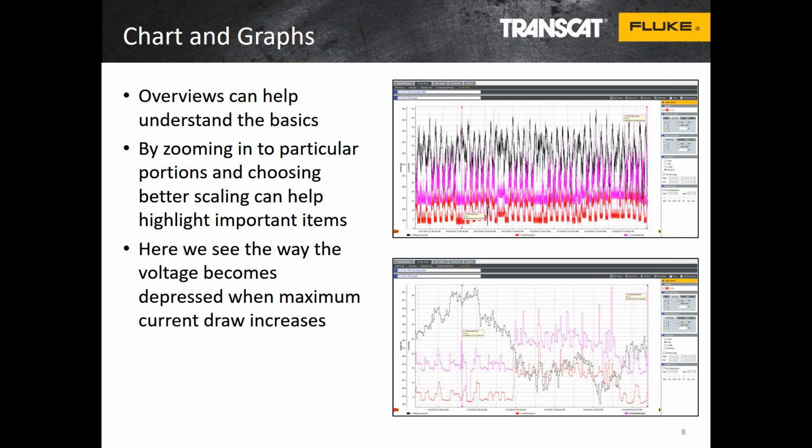So you have to choose your scaling to make sure that you're looking in the right time domain, if you like, so that you're looking not just at several weeks of data on one graph and hoping that's going to tell you what's happened. You need to zoom down to a level which will really give you some better idea